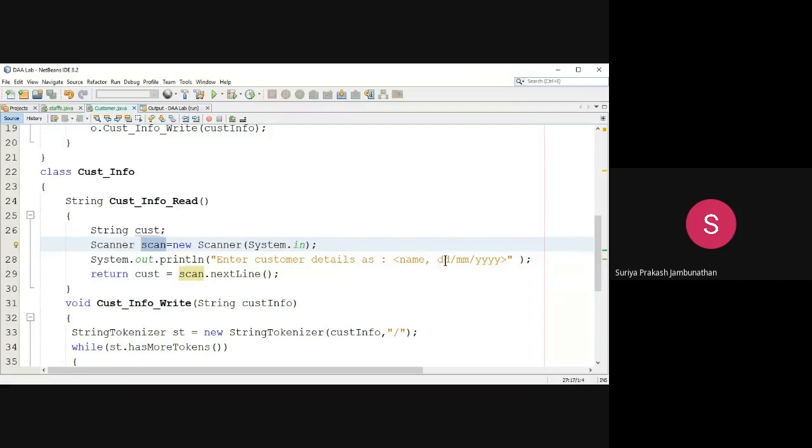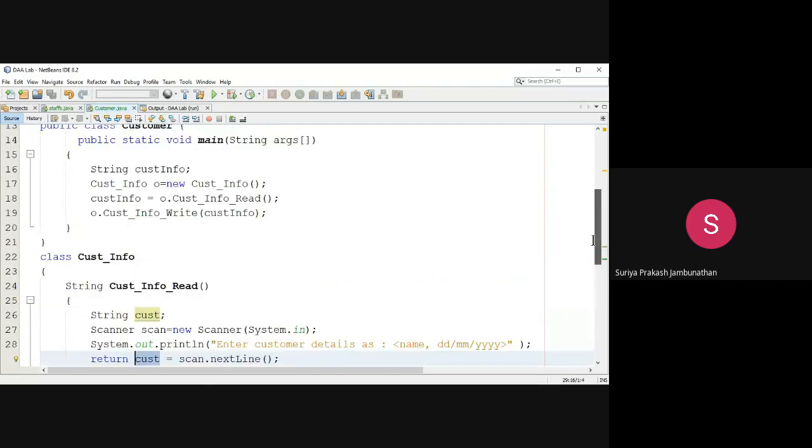So name, comma, dd/mm/yyyy. I am entering the input as Raj, comma, 23/03/2020. That will be taken as input and stored in cust. Then we return it to the place where we called this method. It will return, and that will be stored in this custinfo.